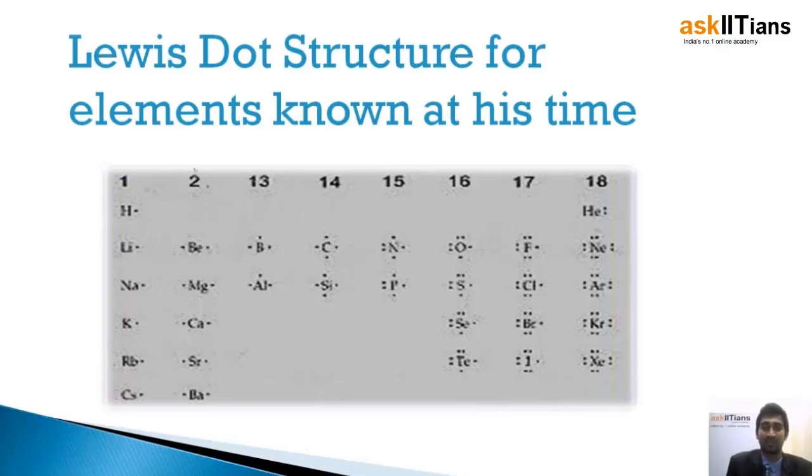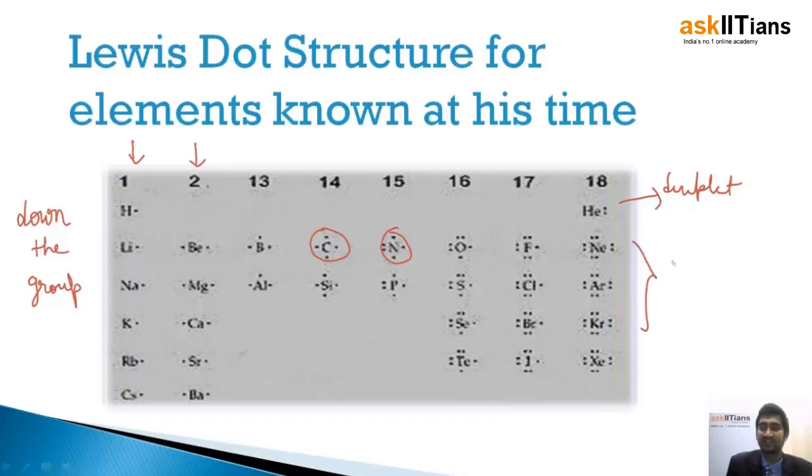Hydrogen, lithium, these are first group elements, and this is down the group. You know that alkali metals all have 1 valence electron. You can see the atom is represented by its element symbol, with the valence electrons shown around it. In group 2 it will be 2, then group 3 it will be 3, for group 4 here it is 4, like carbon, then nitrogen with 5, here it's 6, 7, and here you can see helium is the case of a doublet, the rest are octet. So Lewis observed his theory